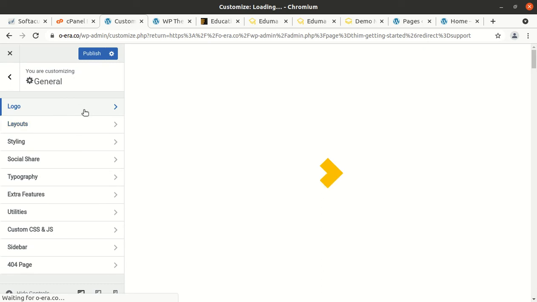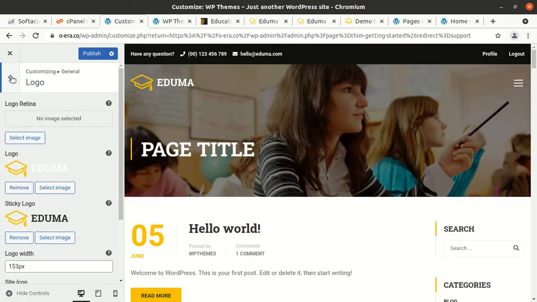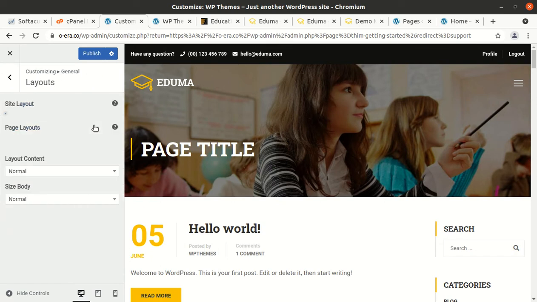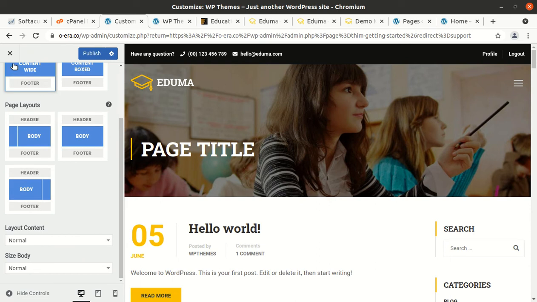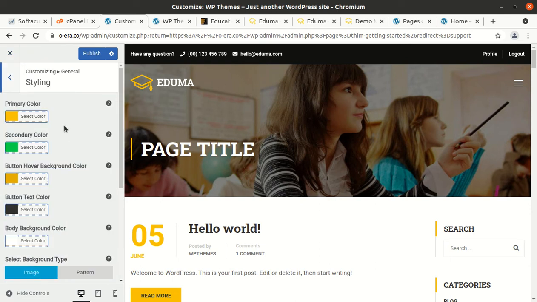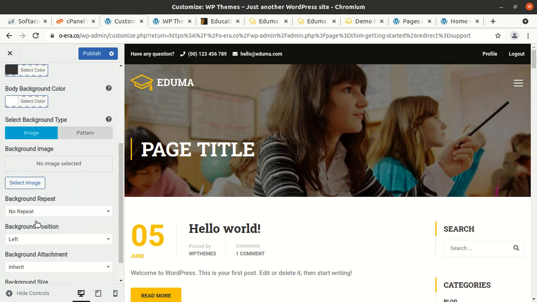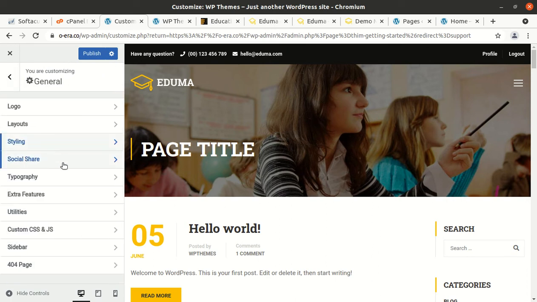and layout options, site layout, header, content, wide and all such settings have been given. Styling, primary color, secondary color, button hover, button text colors, and the rest of the settings.